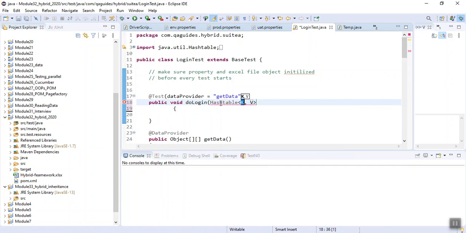Hash table, string, comma, string. Okay, fine.